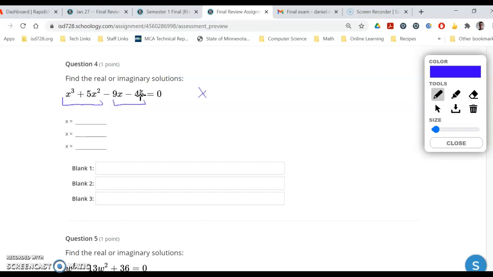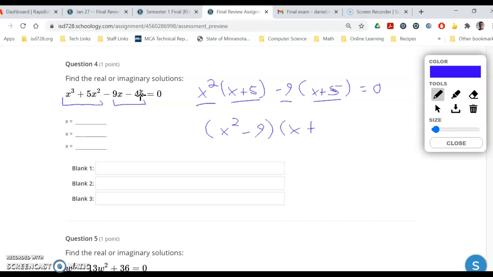So out of the front two, you can pull out an x squared. Okay, and out of the back two, you can pull out -9. Okay, and we are in luck. It won't always work out this way, but on this one it does, where these two things match. So we can continue to factor with taking whatever's in front, x squared minus 9, and whatever matches, x plus 5. Okay, and then we could factor this further actually to x plus 3, x minus 3, but realistically we